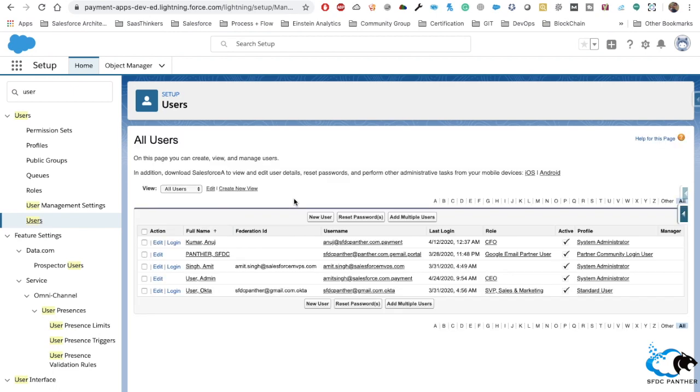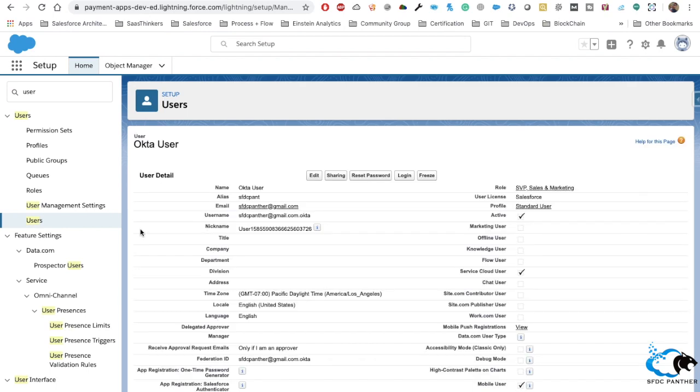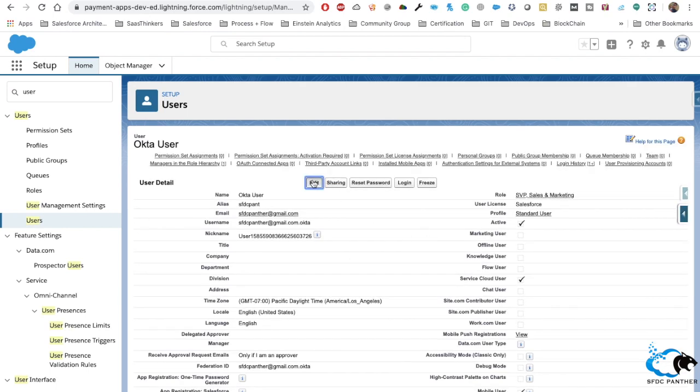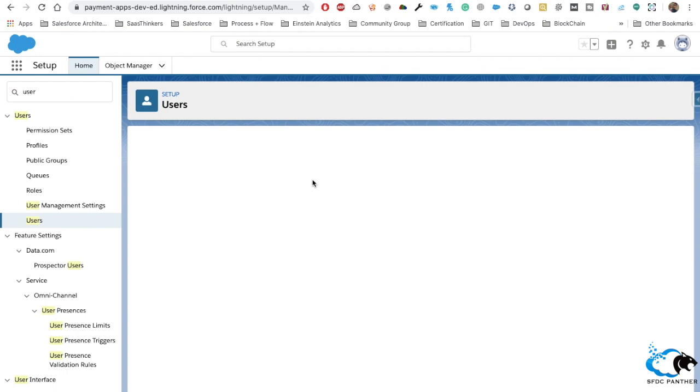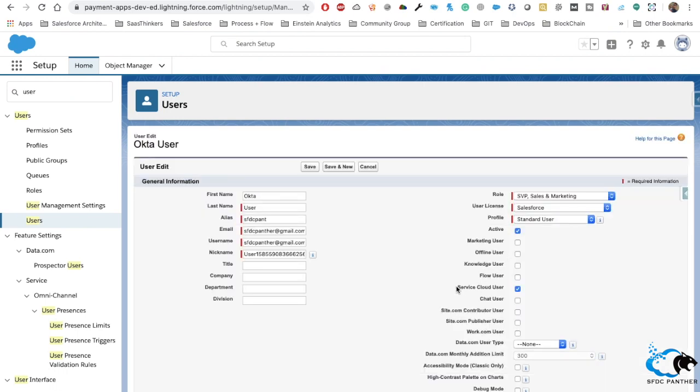I'm just going to show you one user, let's suppose the Okta user itself. Just go to the user detail page, edit that user, and see if you have enabled this checkbox, that is Service Cloud User, because this checkbox or this feature license is required in order for that user to work as a representative for omnichannel.